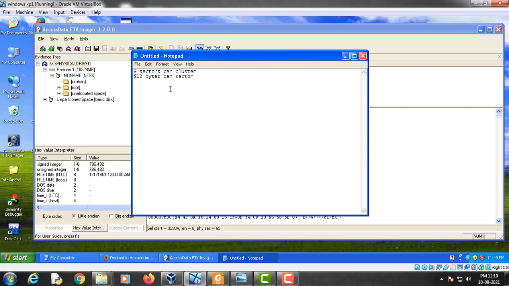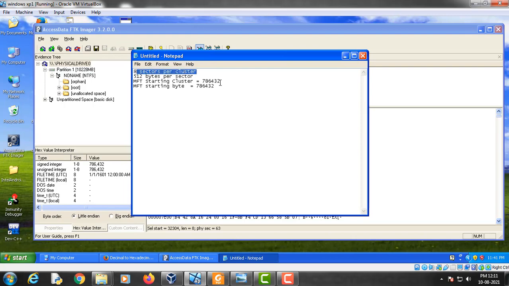So the cluster number is this. Now we have to convert this into bytes. Starting with 786, we will multiply this by the sectors per cluster.